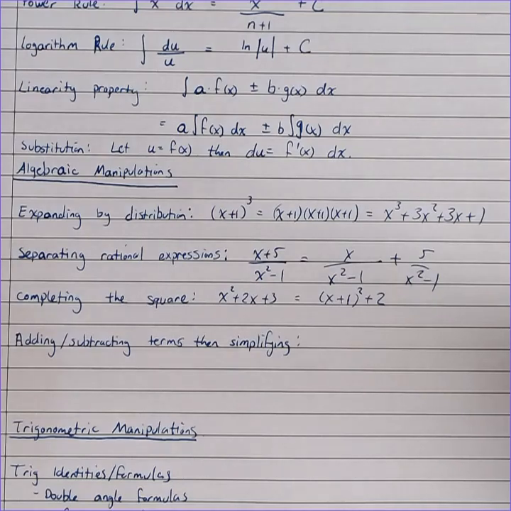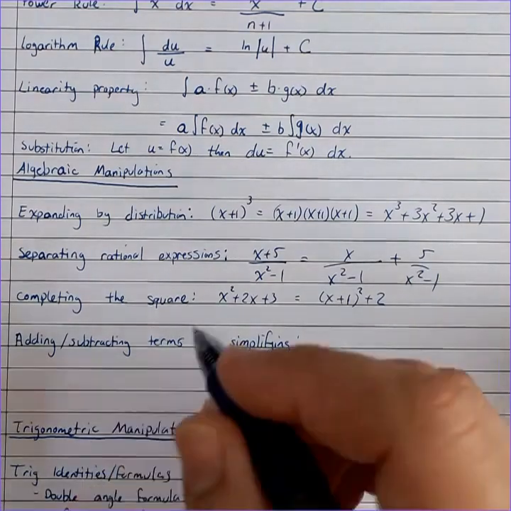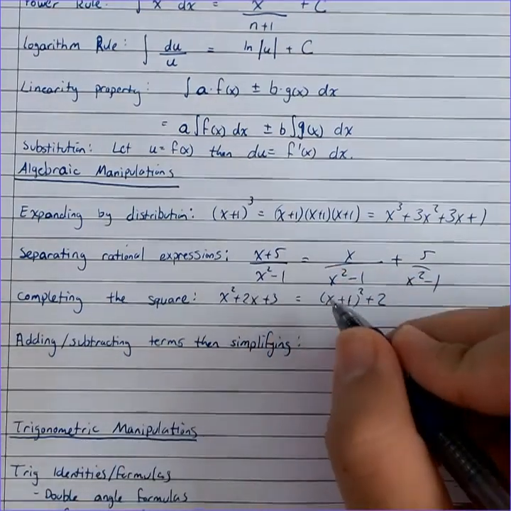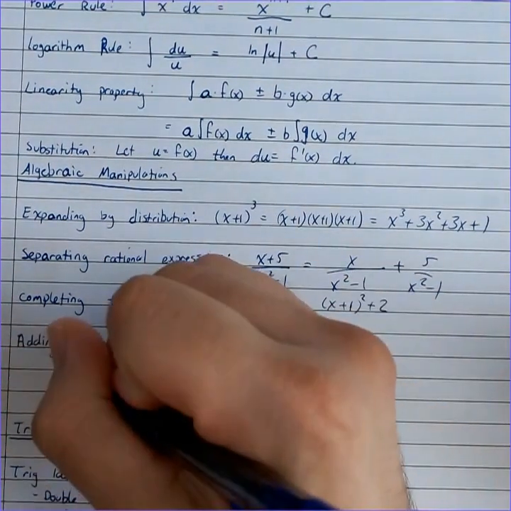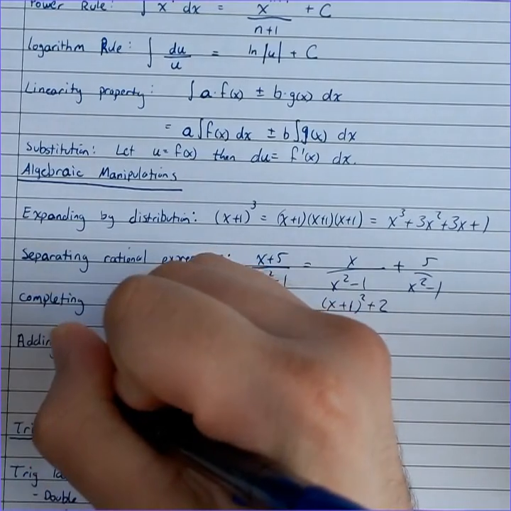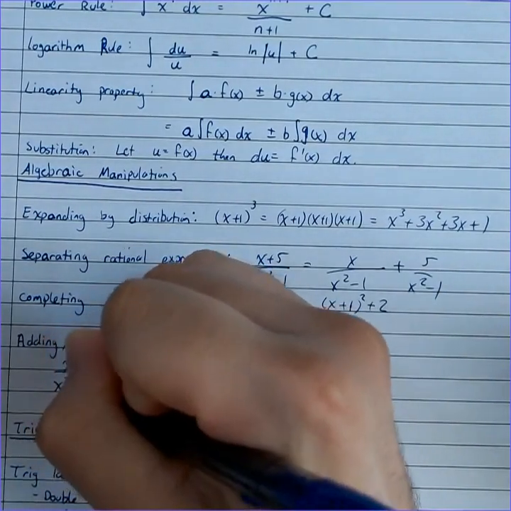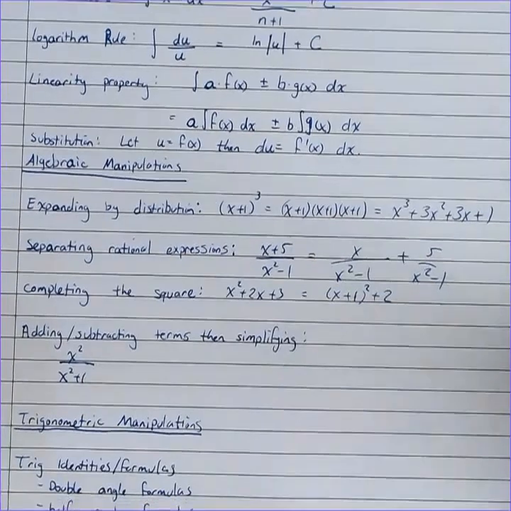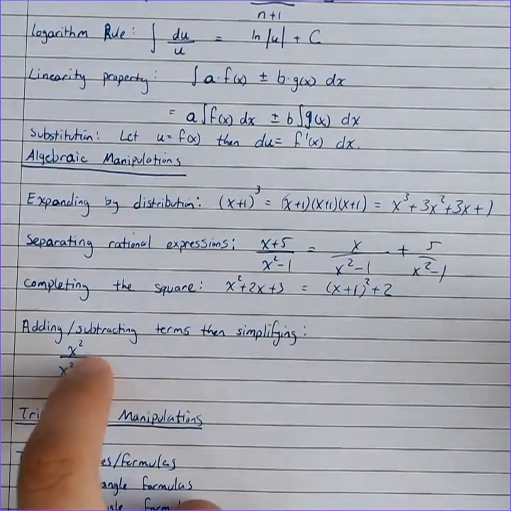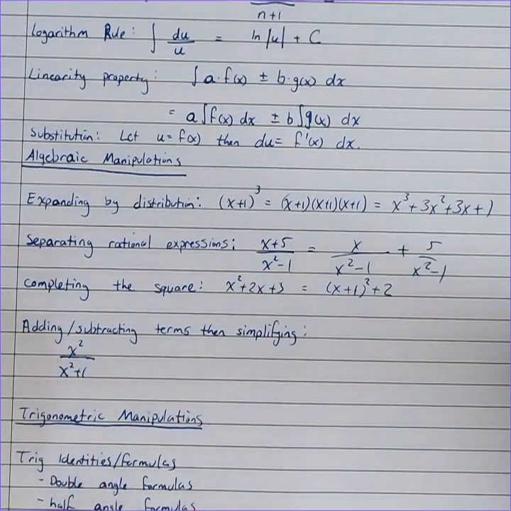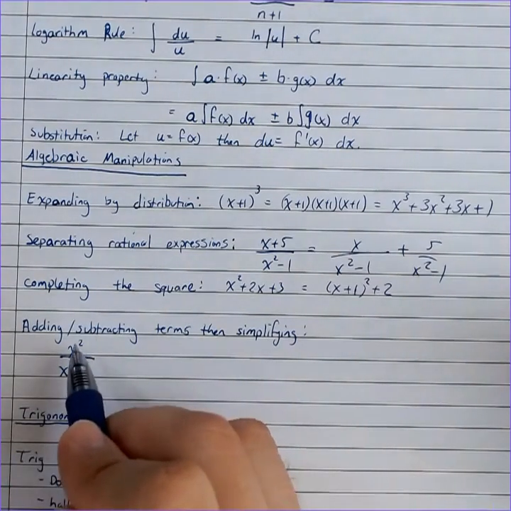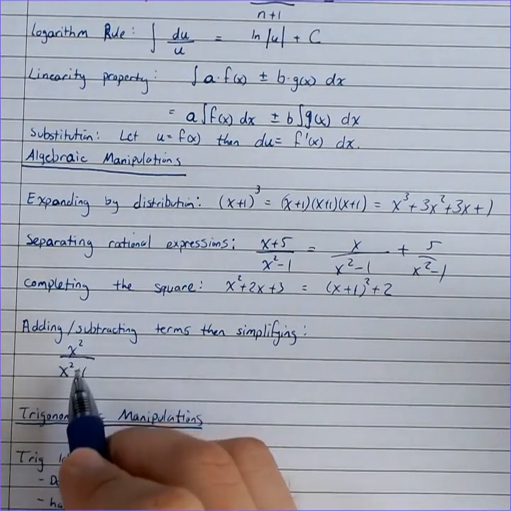So, for example, let's say you had an expression that looked like, let's go with this, x squared over x squared plus 1. Okay, well, that's an improper expression, right? Your numerator's power should be smaller than that of your denominator. If the power of the numerator is greater than or equal to, the first thing you want to do is